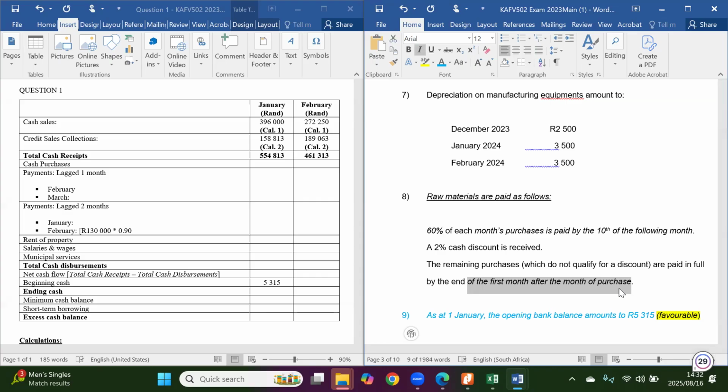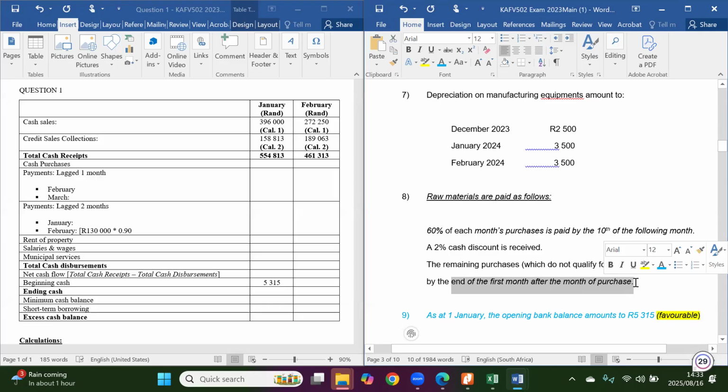So notice 60% of each month's purchases is paid when? By the 10th of the following month. Okay? So if it's paid by the 10th of the following month, we can consider that to be paid obviously within the same month, because then there is a balance which is settled, paid in full by the end of the first month after the month